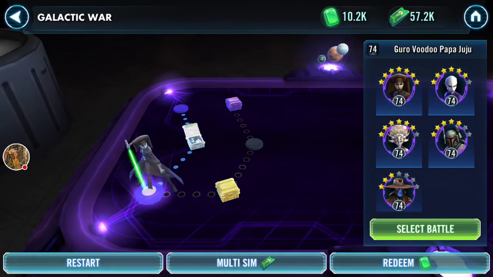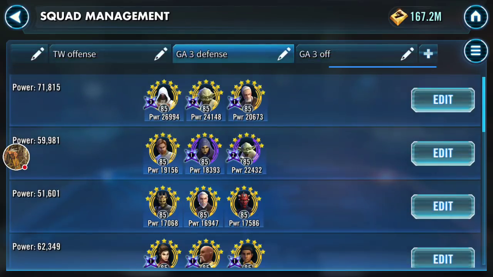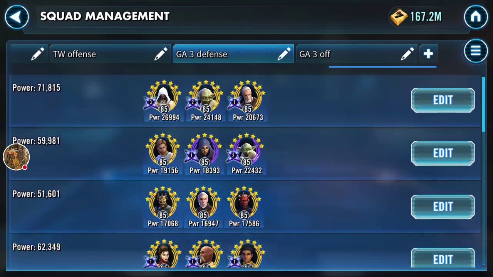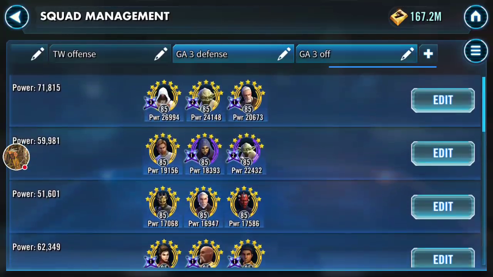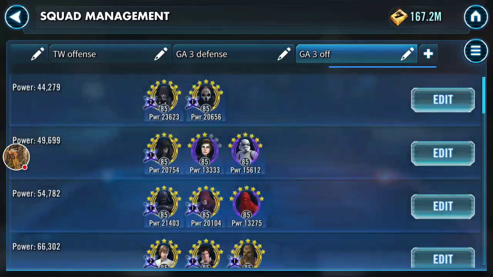So what I do first is I go into my Galactic War and I create a few templates for both defense and offense. For example, this time when I knew that it was going to be a 3v3 Grand Arena, I went in and created a few templates to keep on defense and a few to keep on offense. And the way I decide what kind of teams to keep on defense or offense is usually